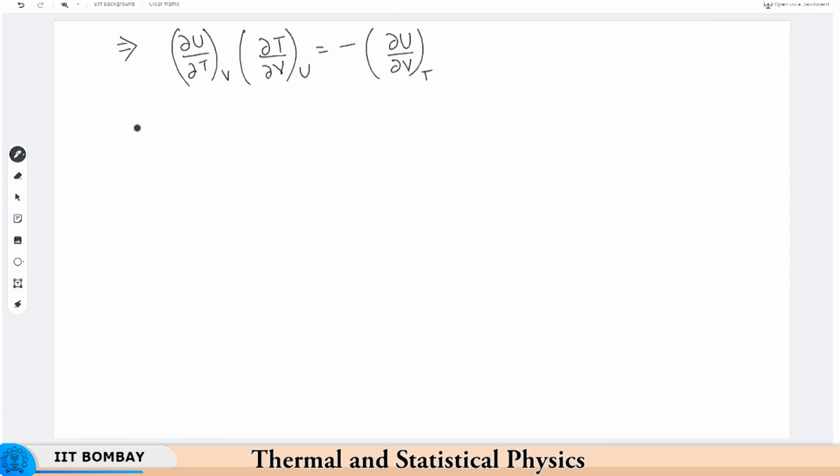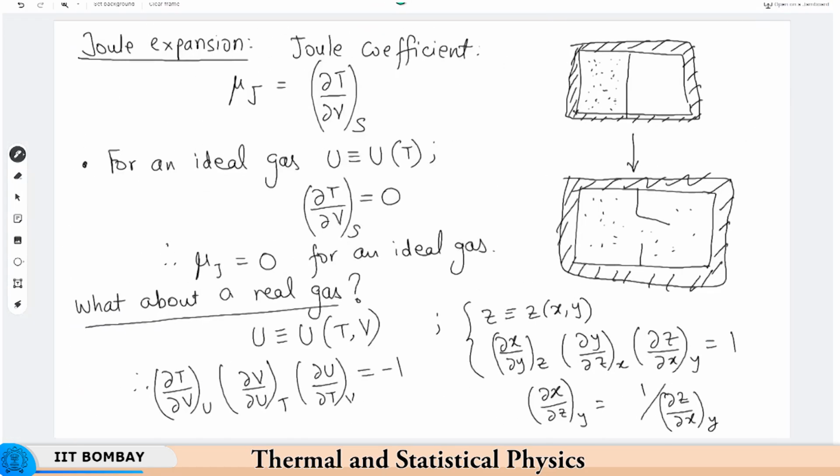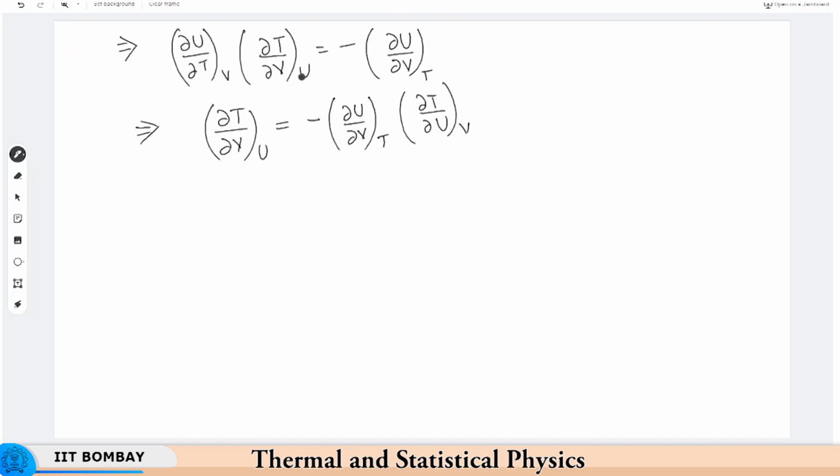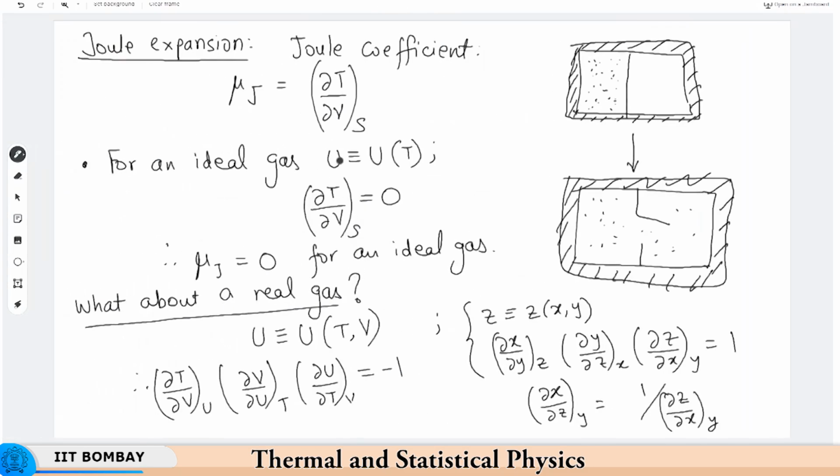And in fact I can rewrite it like this again, right. So, del T by del V at constant u. Okay. So, I am going to use the reciprocal theorem again. So, this is negative of del u by del V at constant T times del T by del u, right. So, I am going to invert this, del T by del u at constant V. Okay. And the reason we did this is because now the left hand side of this equation, del T by del V at constant u, right, is essentially